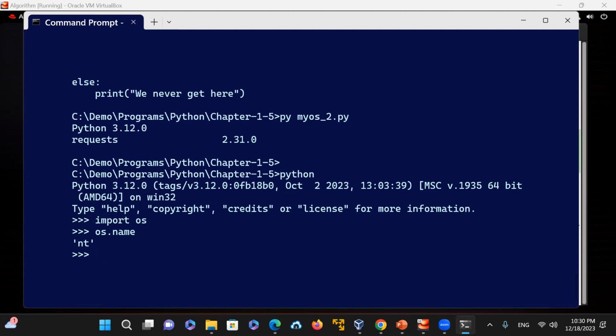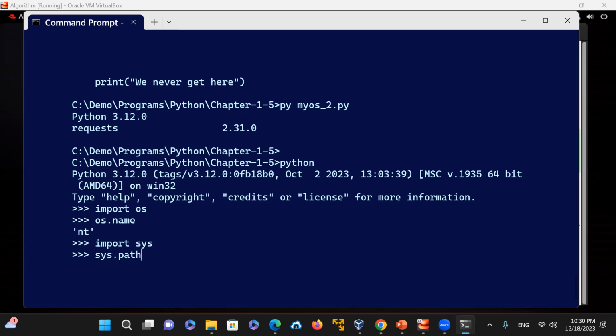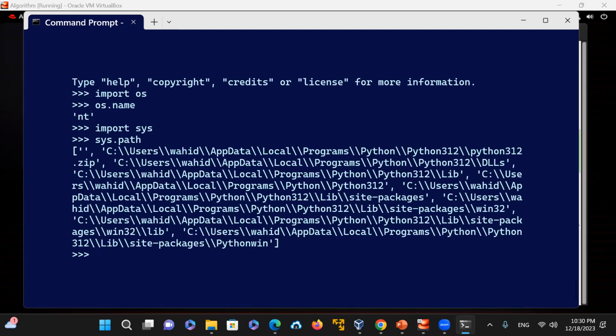reusability is important, but at the same time, make sure that the operating system and other modules that are there are specific to that module. There are certain methods and certain things that are available. Make sure you use them correctly. So for example, if I import the OS module and then sys.path, I can see all the paths in here. Notice all the paths here are C colon something with backslashes, but on the Linux side,